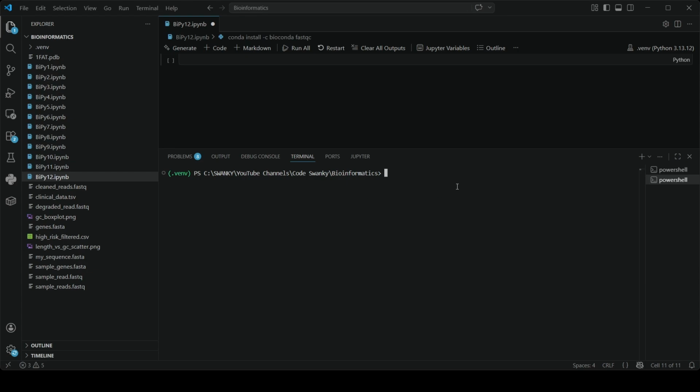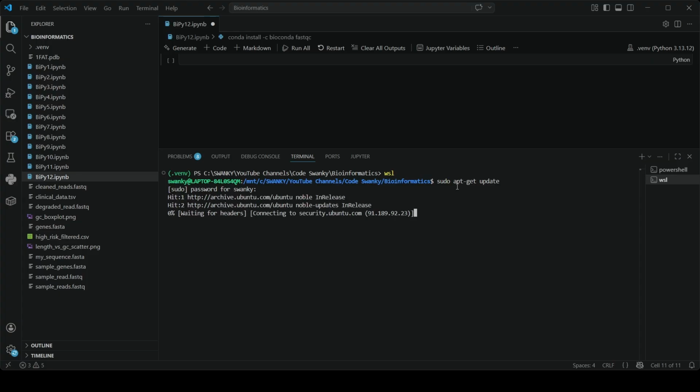If you're on Linux or using Windows Subsystem for Linux, installing FastQC is incredibly easy. We can use the standard package manager. So let's start WSL first of all. Then, once WSL is started, you can run sudo apt-get update. It will ask you to enter your password, and once that is done, after the update, let us do sudo apt-get install